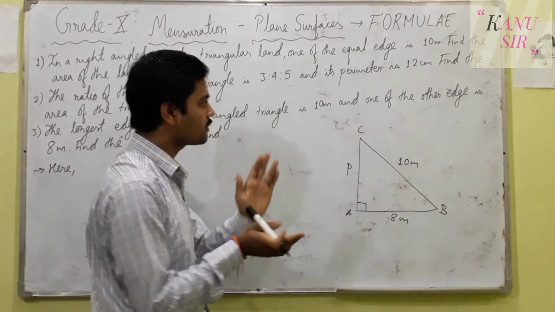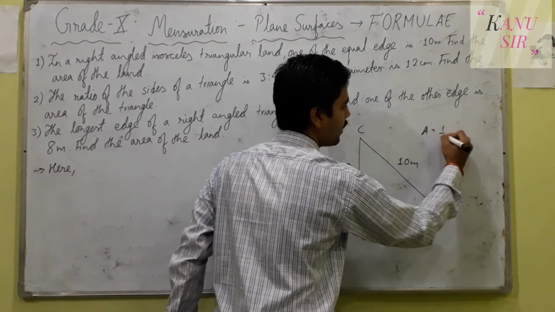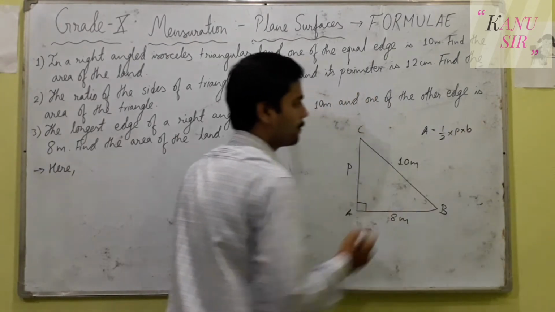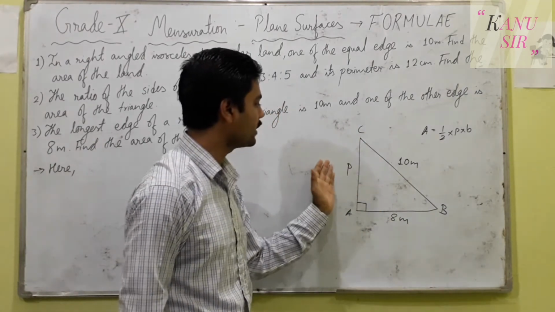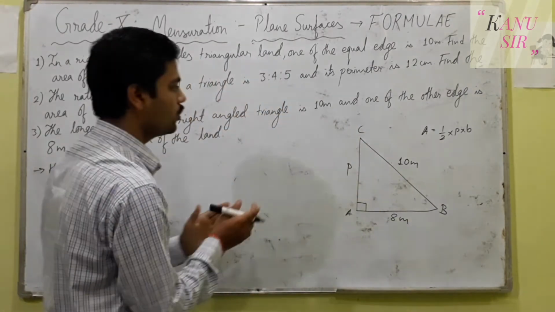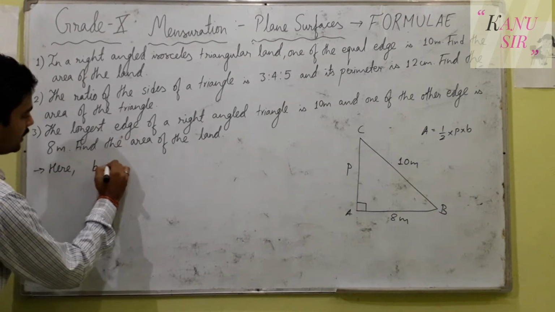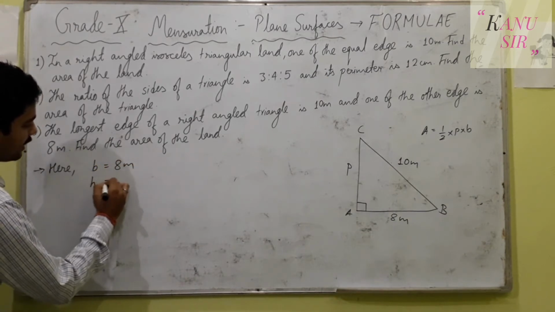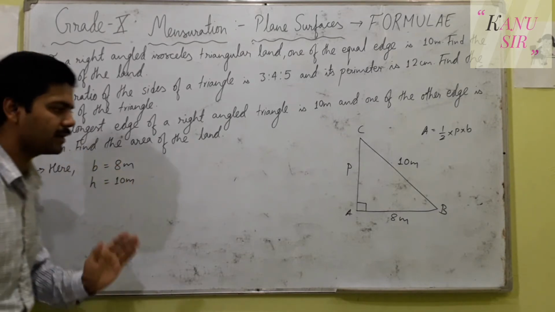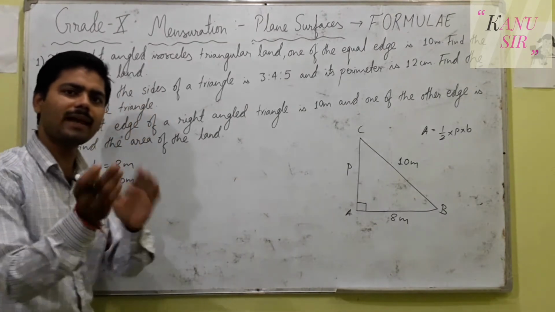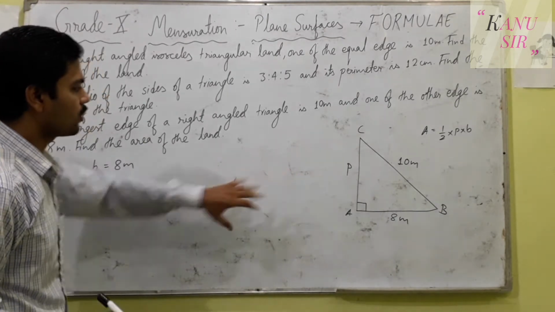So you must remember, just before in question number 1 we did, the area of a right angle triangle will be 1 upon 2 times perpendicular into base. We know the base; suppose this 8 meter is the base. It means we need the perpendicular, that we don't have now. What we have here is the hypotenuse. Then you can write here the base B is equal to 8 meter and hypotenuse H is 10 meter. I'm not going to write in detail that B is for base, H for hypotenuse, because it comes for only 2 marks. So you can directly write H and B. Your marks will not be deducted. Just for 2 marks you have to do the solution here.